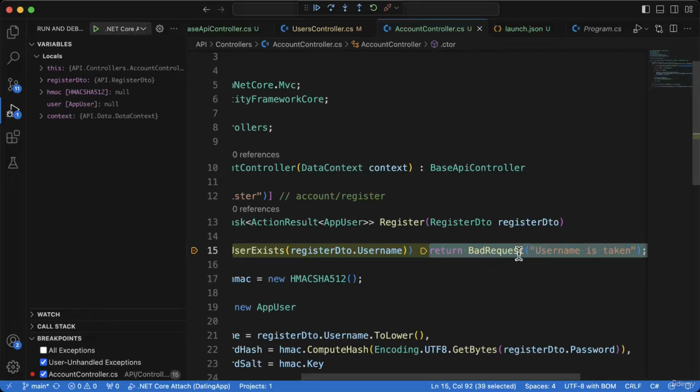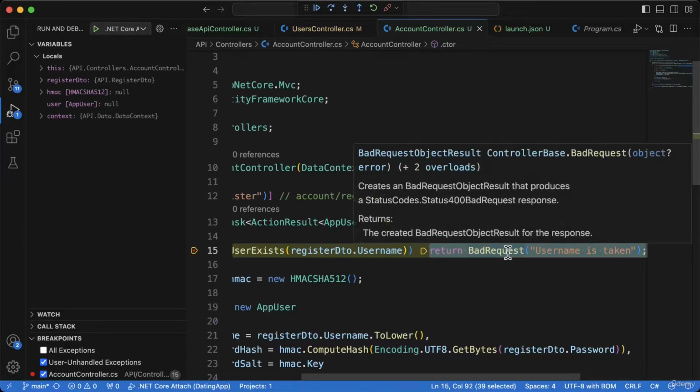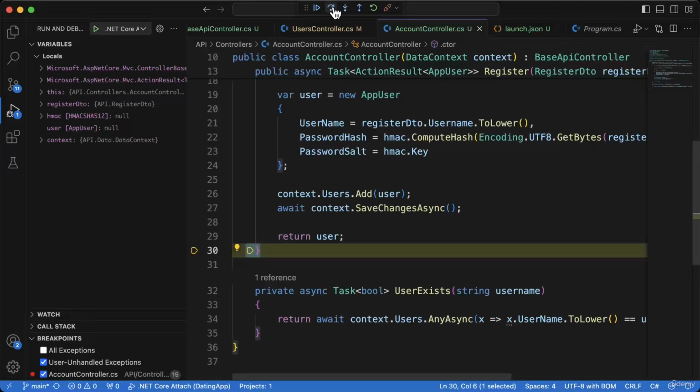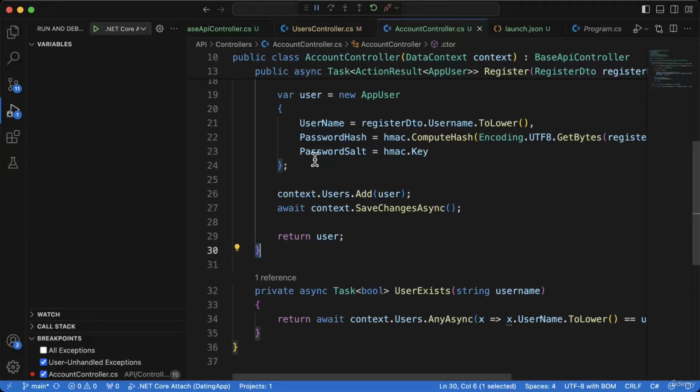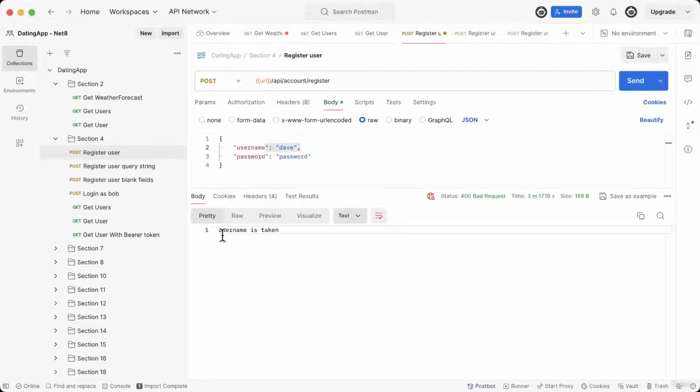And because the username is taken, then we're going to effectively return a bad request. So if I step over, then we go to the end, the closing bracket of this method, and step over again, and that's our request being returned to Postman, and we'll see in Postman the username is taken. So if I change the username to John, for example, a user that does not exist, and click send,